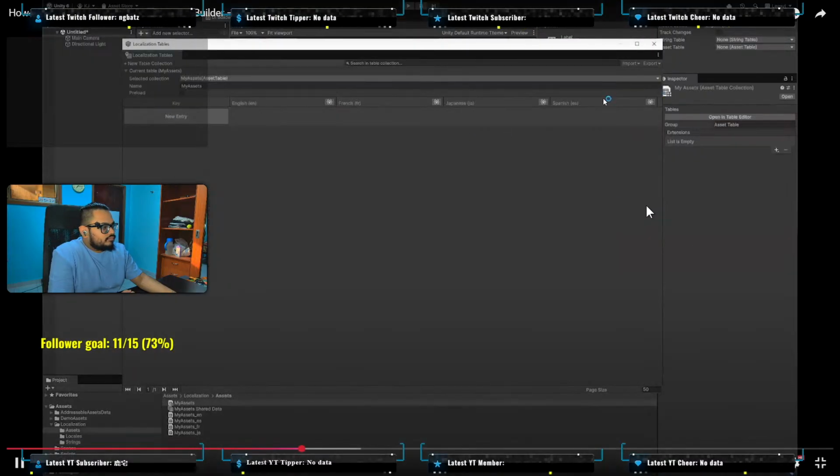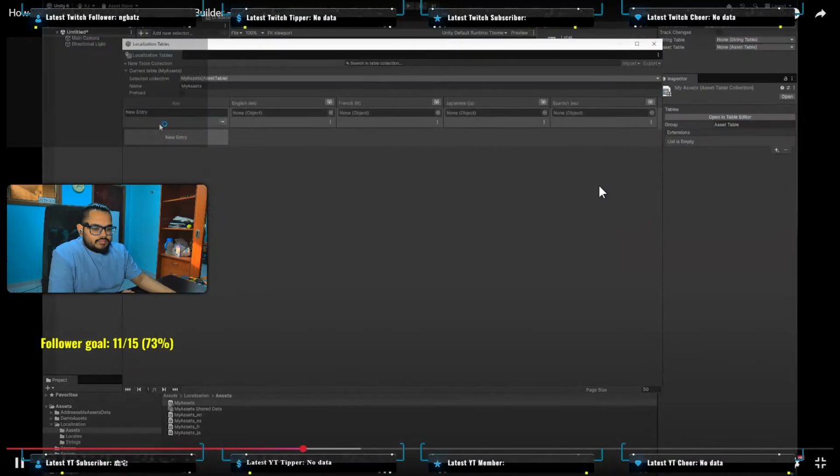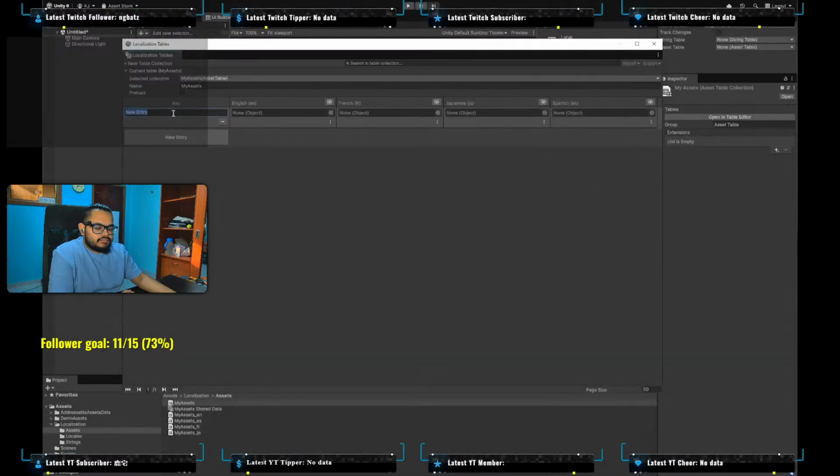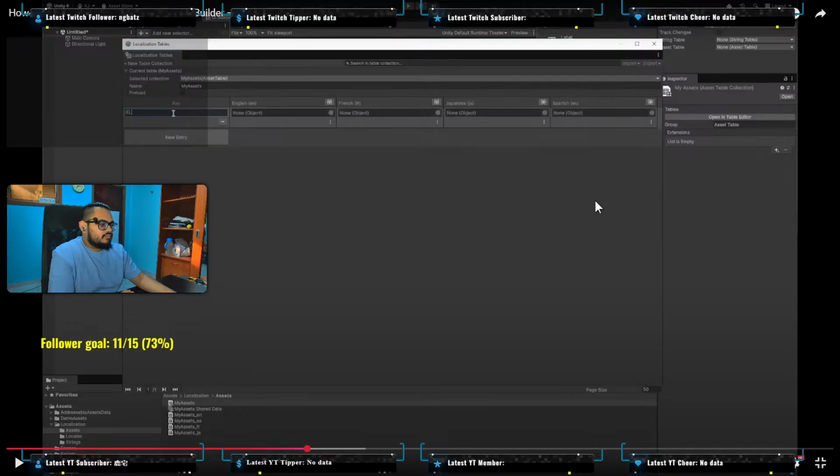So like before, we've got a spreadsheet view again. We click new entry. But this time, instead of strings, we've got little slots we can drag an asset into. And it can be any type of Unity asset. So I'm going to call this